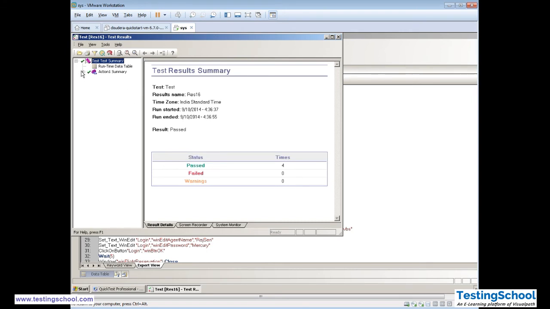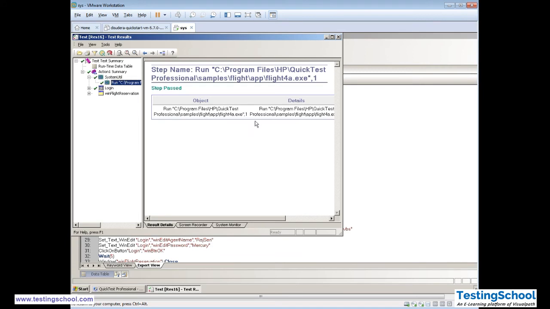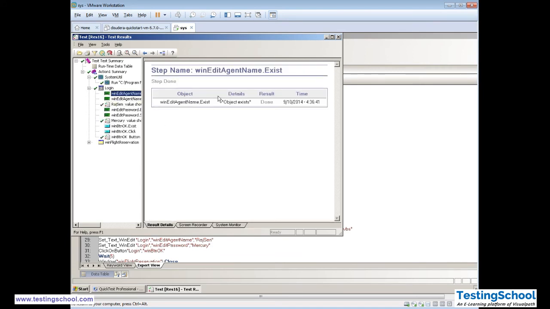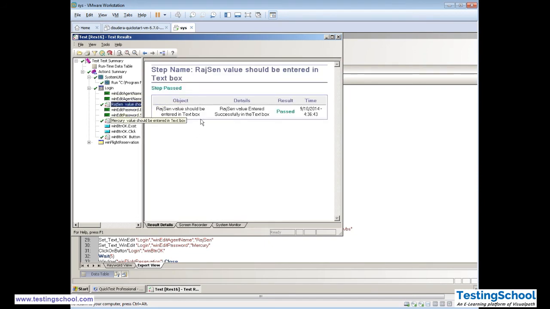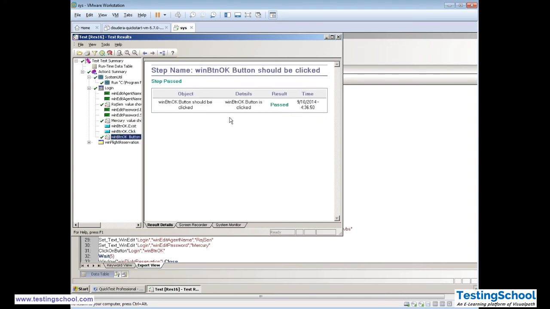Now see, this is being launched. Edit exist, edit set. This is how you are getting the full report. Rajsen value should be entered. Rajsen value entered successfully in the text box. Again here also Mercury value should be entered. Mercury is entered successfully. Click on win button.